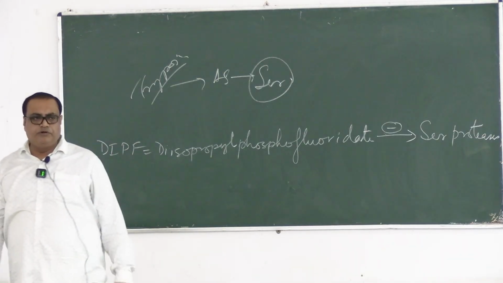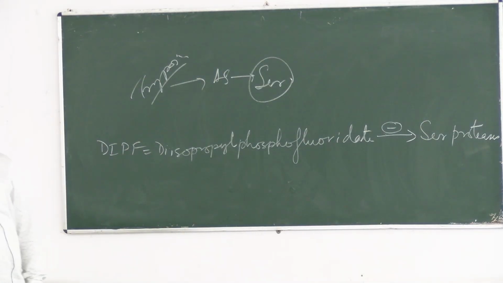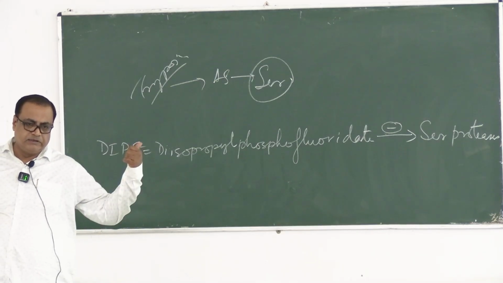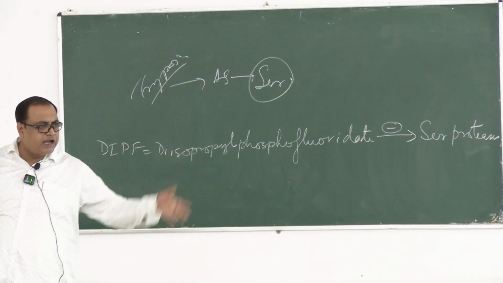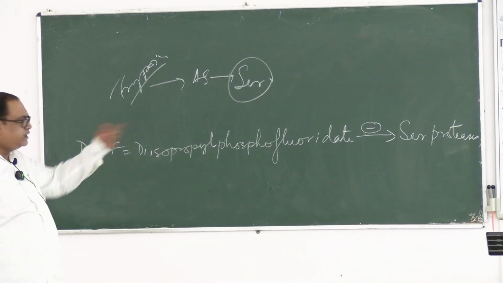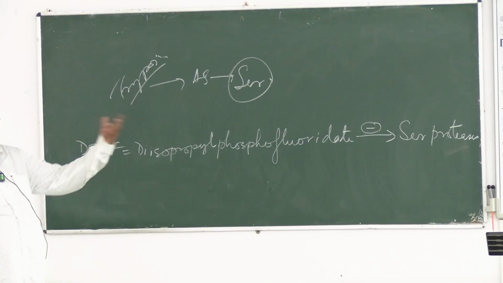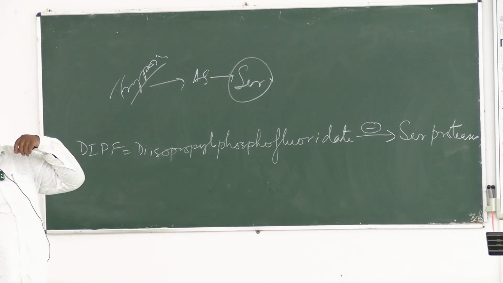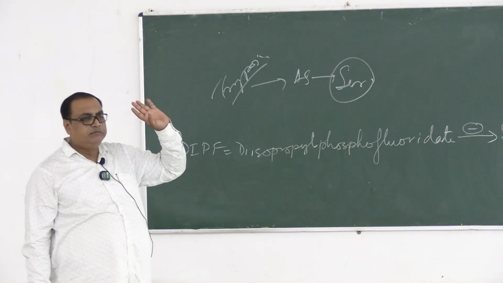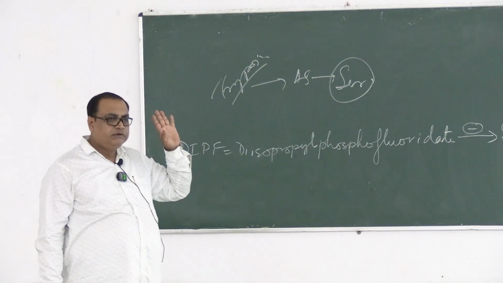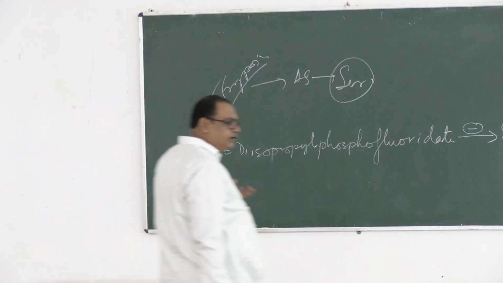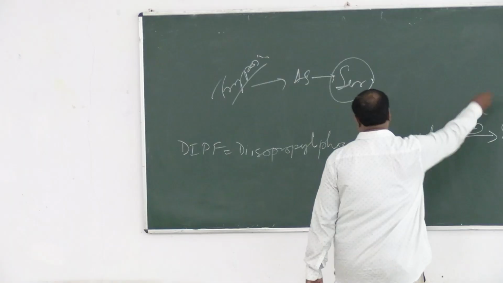The proteases or proteolytic enzymes containing serine residue at their active site are called serine proteases, and they are inhibited by DIPF. How? The DIPF goes and binds to serine irreversibly by forming a covalent bond, and the enzyme is inhibited forever. The molecule is wasted, so it cannot digest anymore. Clear? One example. Another example is